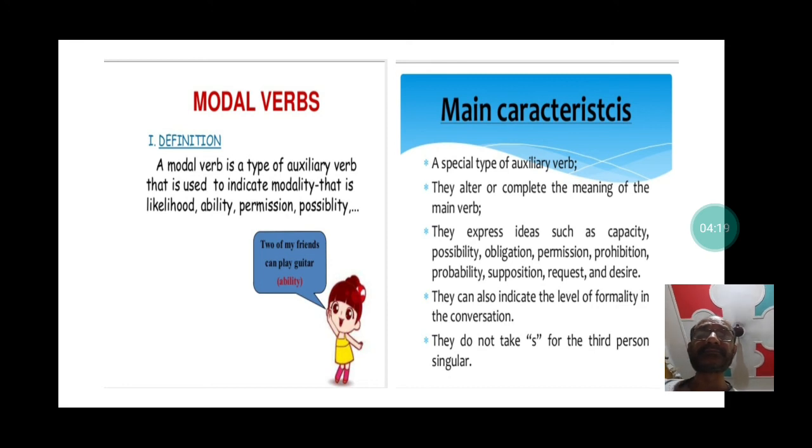Like can is used for ability, can is also used for possibility, which is theoretical possibility, not actual possibility. Theoretically things that are possible. When you say you can swim or everybody can swim, so theoretically everybody can swim, but terms and conditions apply. You have to learn to swim and you should not be fearful of water, right?